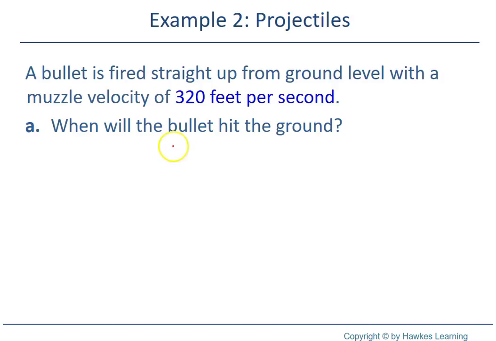Now for something like this, a bullet is fired straight up from the ground with a muzzle velocity of this many feet per second. When will the bullet hit the ground? So we're at the ground level. We're shooting the bullet, it goes up, finally it runs out of speed and then drops back down to the ground. So ground level is 0 here,